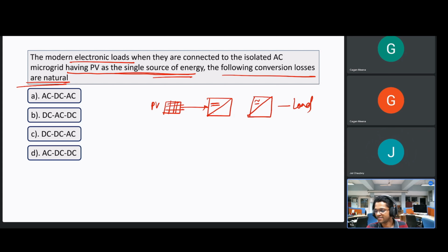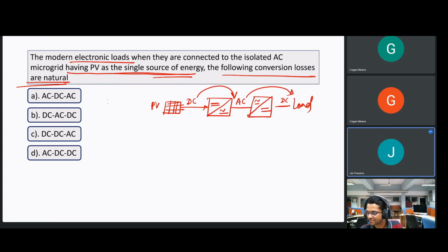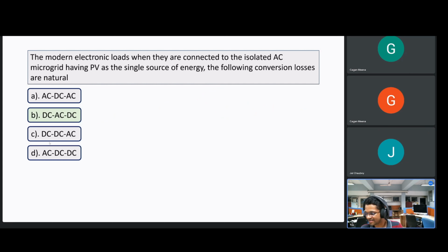PV is DC. So first, DC to AC, the first loss will come. Then AC to AC, then AC to DC again. So which one is correct? This is the option: DC, AC, then afterward DC. B, so this is correct. DC, AC, DC. Similarly, if we have a wind,